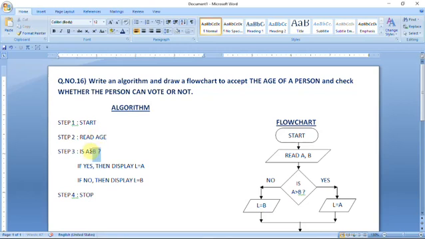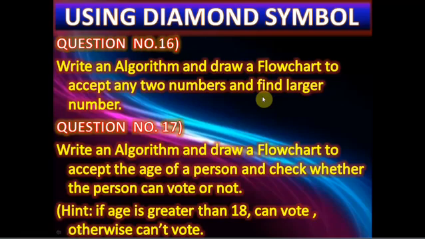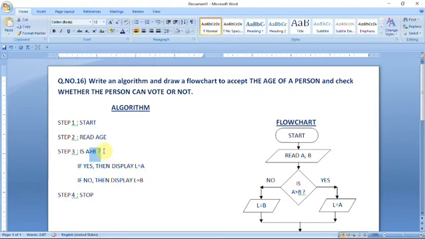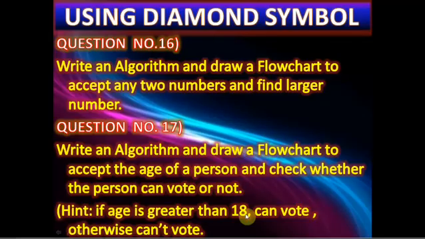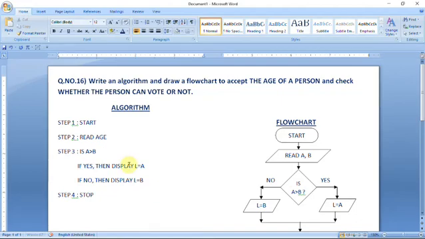And here you have to make a decision, because in the question also you can read the hint: if age is greater than 18 then the person can vote, otherwise the person cannot vote. So the condition is already mentioned, we have to go through the condition.